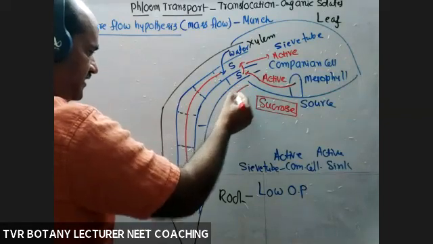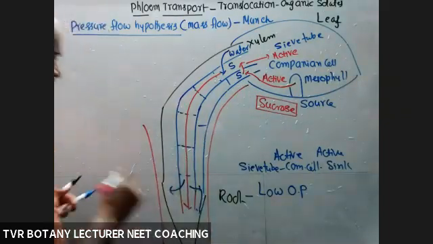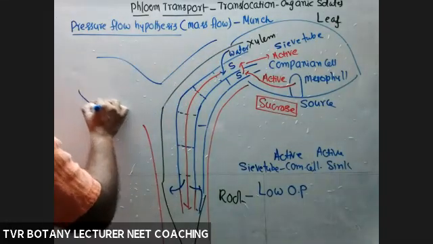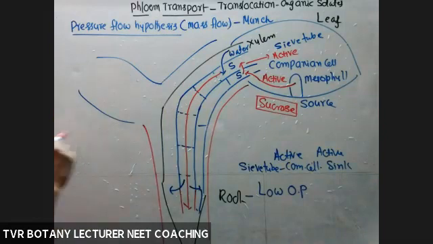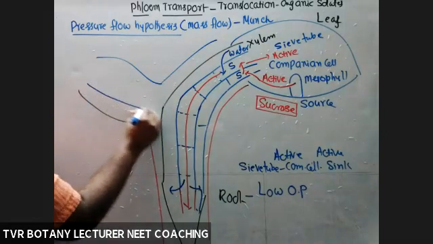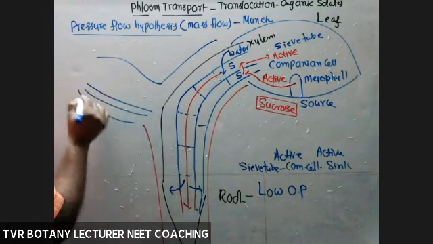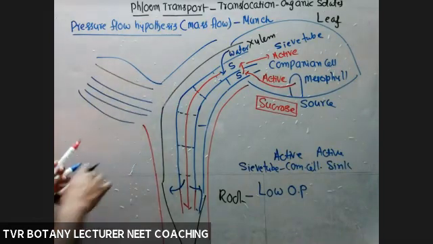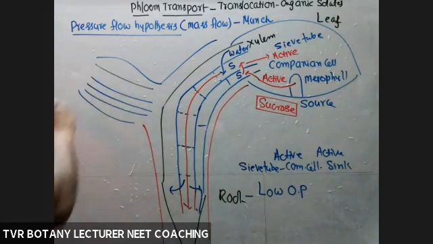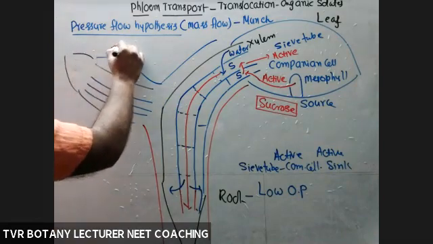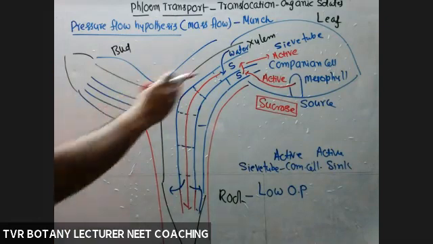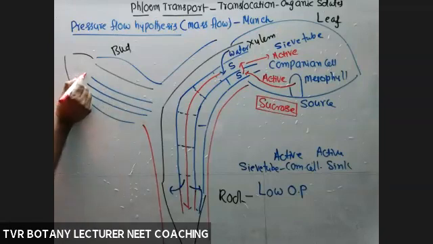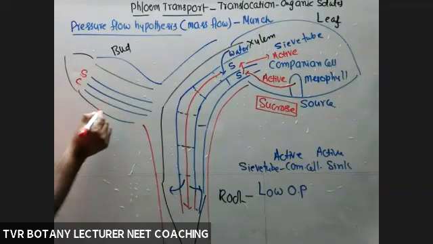So this is about the case of a root sink part. You can take a bud also. In the case of a bud, for example, this is the youngest bud. Here also the same mechanism. For example, this one is a companion cell and the sieve tube, and this one is a xylem, and this one is the sink part, the bud part. So food is transported like this. This one is a sieve tube, companion cell, and utilizing part.